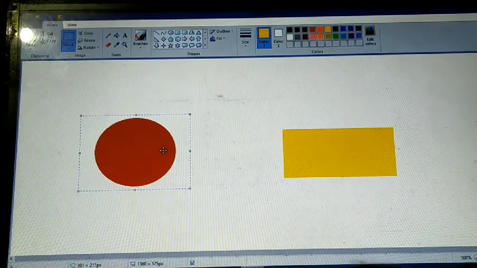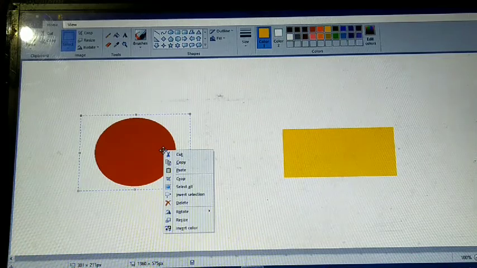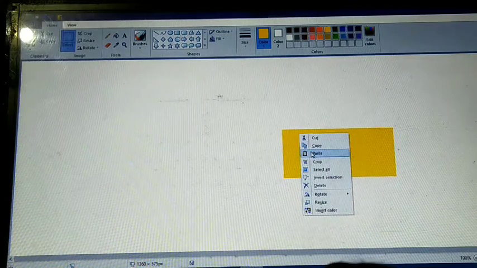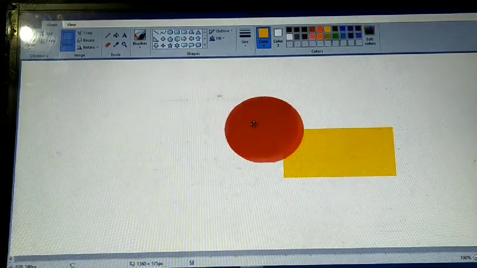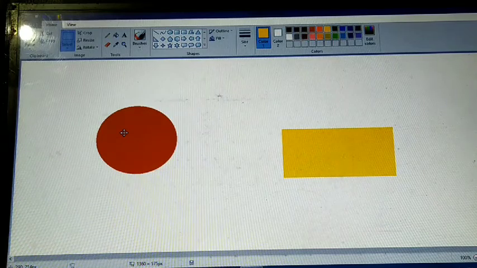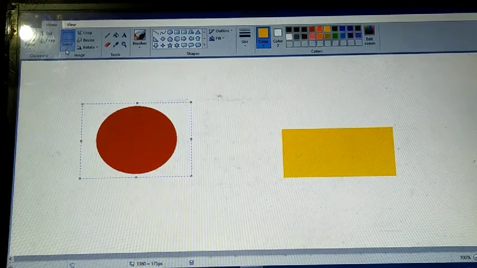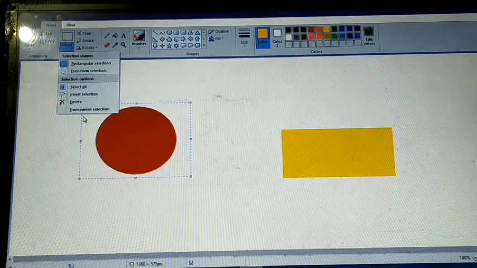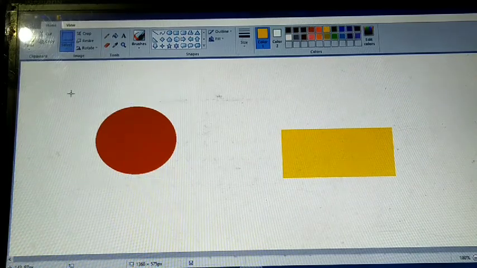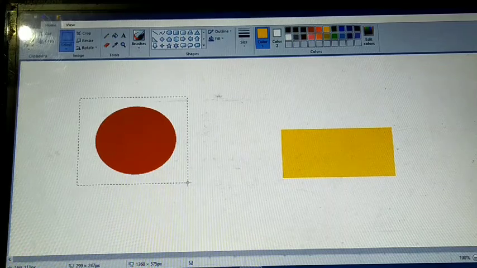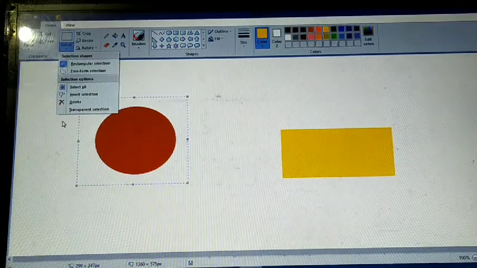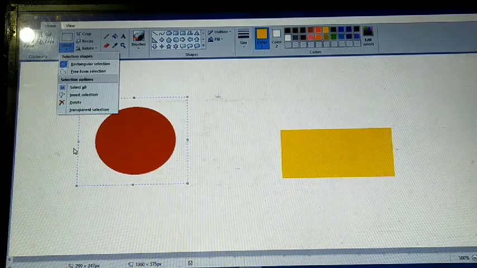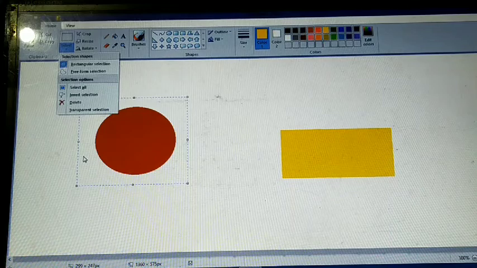And I have to paste it over the rectangle. So I am cutting it and I am pasting it over the rectangle. So what will happen? You will be seeing that you can paste it opaquely or transparently. Now first of all, I want to show how it is happening. Suppose I have selected, and in this option you see that transparent selection has not been checked or ticked. So it means you will be seeing that the white background will also be included.